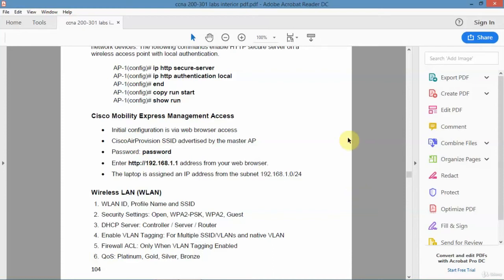In this lecture, I'm going to show you how to configure Cisco Mobility Express. Cisco Mobility Express is on the new CCNA 200-301 exam, and the requirement is that you know how to configure it from a GUI. Cisco Mobility Express, or CME, is a newer architecture from Cisco, and what makes it different from the older model is that you can designate access points as both controller and access points. So they support dual role